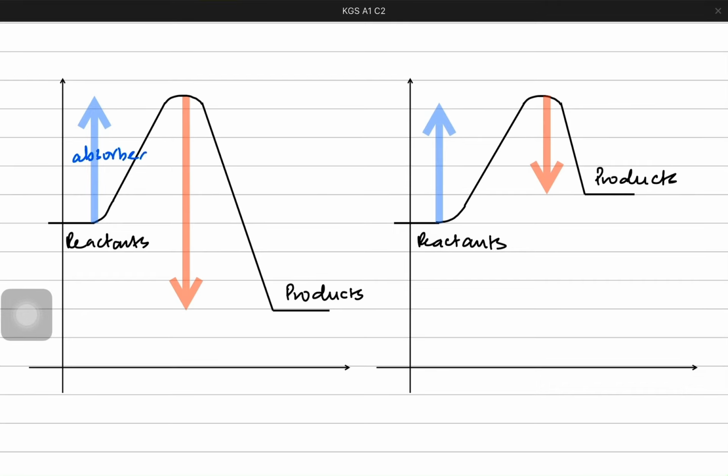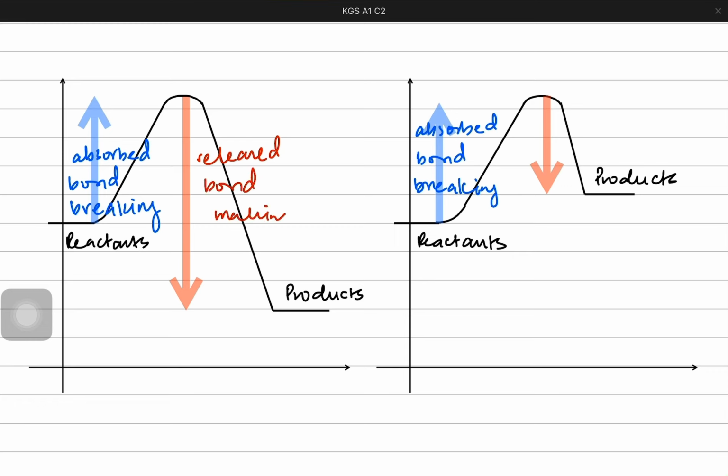Why is it absorbed? Because bonds are broken down in the beginning. That is why the graph is going upwards. It represents the energy absorbed during the bond breaking process. And then the graph comes downward, because that represents the energy released during bond making process. So the graph goes upwards first, and then when it comes down, it's coming downwards because it's energy released during